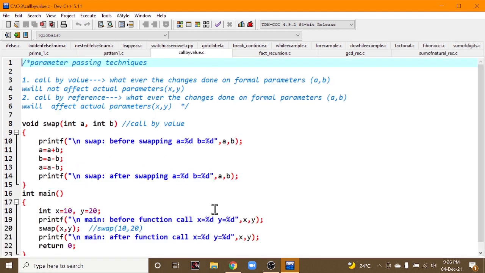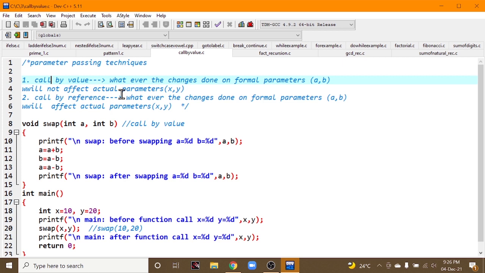First program. Remember, in functions, as we said, there are different parameter passing techniques. Nothing but arguments. You can call by value or you can call by reference. What is call by value? We have two types of parameters, actual parameters and formal parameters.